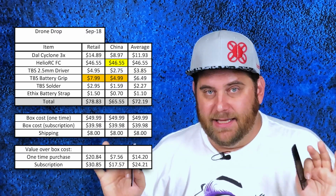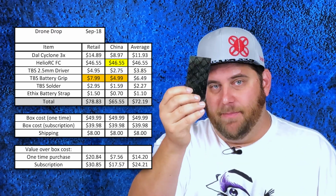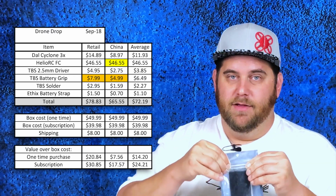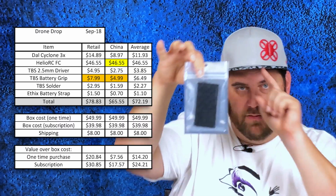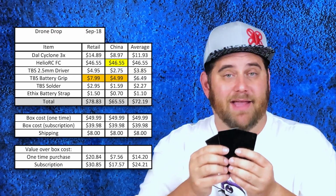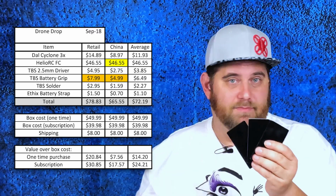I'm just speculating at this point, but here's where the pricing comes from. One piece of UMA grip costs $4.99, okay? So I figured, okay, UMA grip, brand name, $4.99, 1 piece. Team Black Sheep, 3 pieces. So I made the retail price be $4.99 times 3, figuring if that's what this cost, maybe that's what this